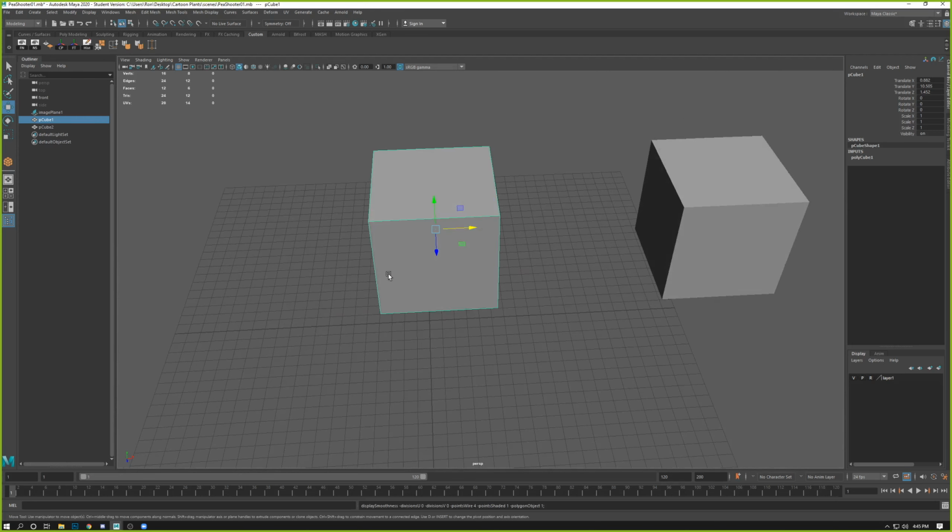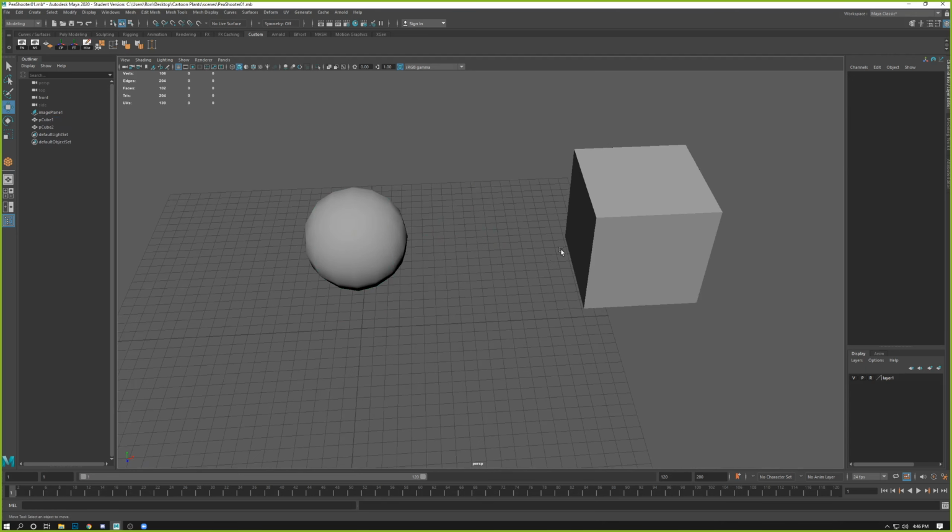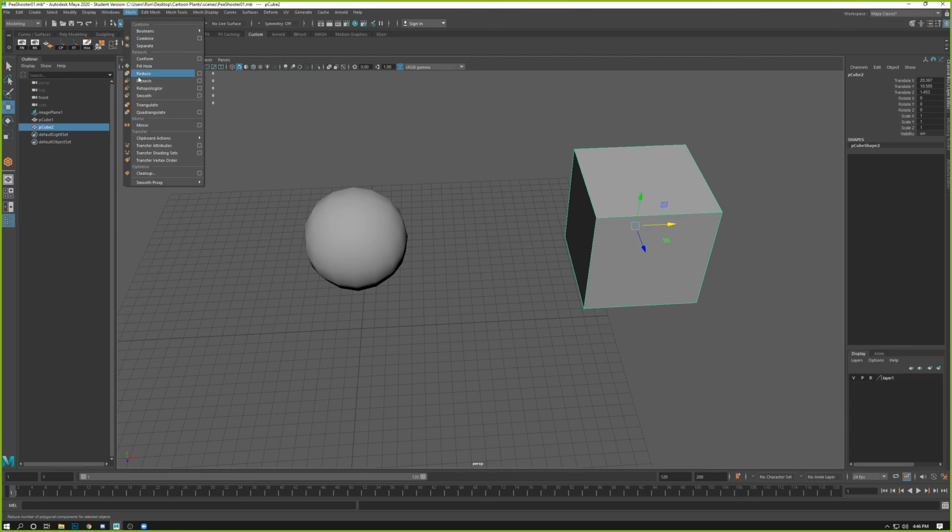So that's a 2 key. 1 key is its normal mode, 2 is its smooth preview mode. 1, 2, 1, 2. 3 shows you the smooth preview, but without the wireframe cage. It looks just like that. Again, why do we do this? If I were to take this other object that I duplicated and actually smooth this,